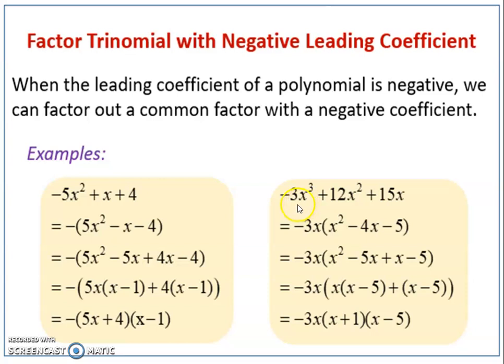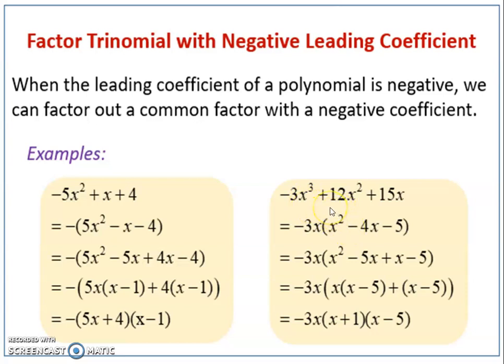We take a second example based on that: −3x³ + 12x² + 15x. In this example, the x index is 2, so it is easily solved by middle term substitution. Here it is not possible to solve directly by the middle term substitution method. That's why we have to take 3x common. So what is remaining? x².